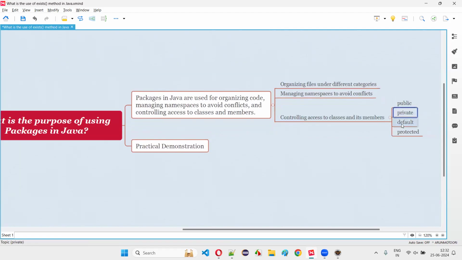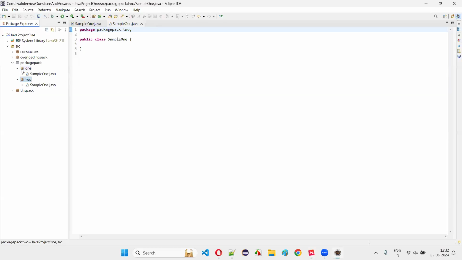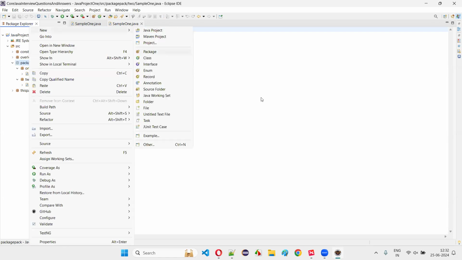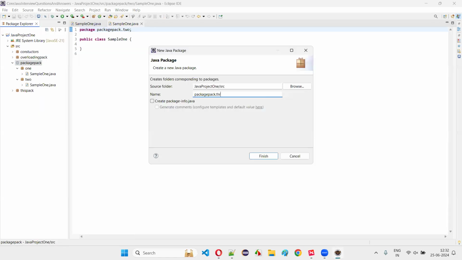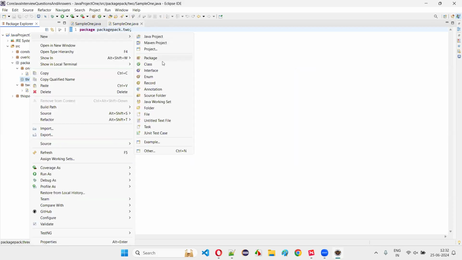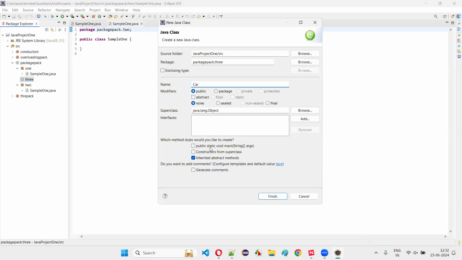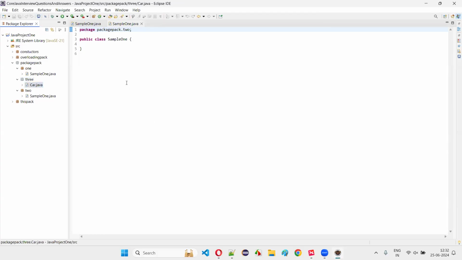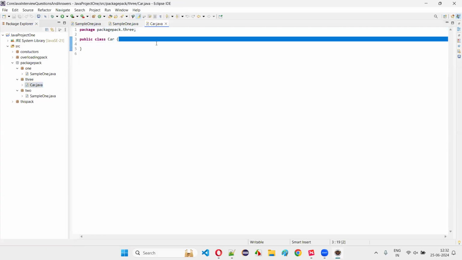What is the other advantage we get with packages? For example, I'll create one more package, a sub package 3, and under sub package 3 I'll create one class. I'll just name this class as car class. Click on finish. Inside the car class, you see,